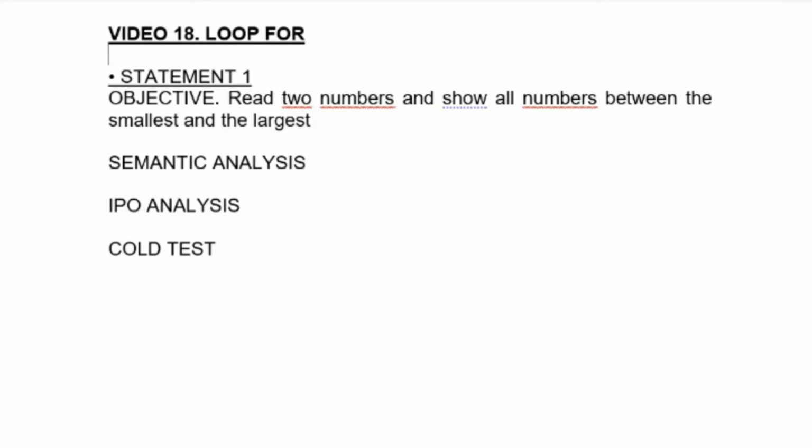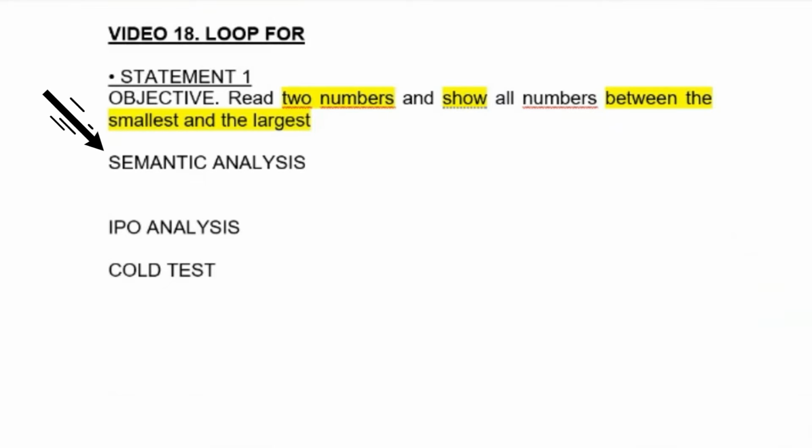Let's see this example. The objective, very easy: read two numbers and show all numbers between the smallest and the largest. So, semantic analysis. Two numbers. Show. What does show mean in the computer programming world? Numbers between the smallest and the largest. Okay? So the semantic analysis: two numbers